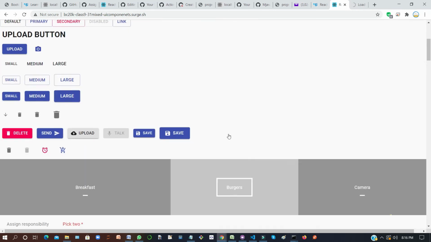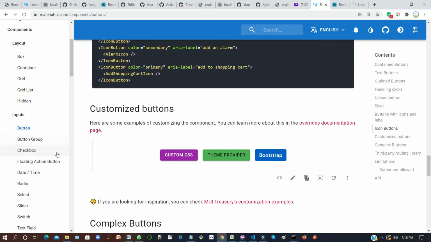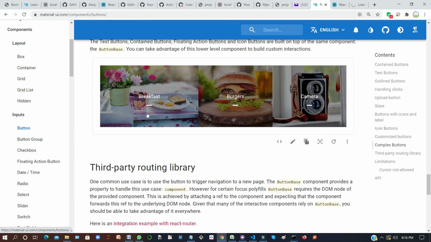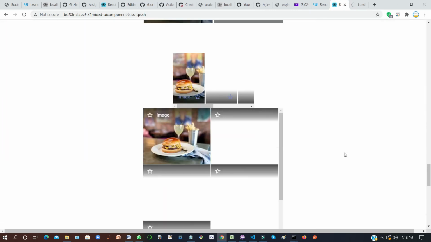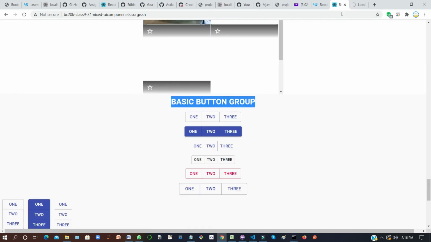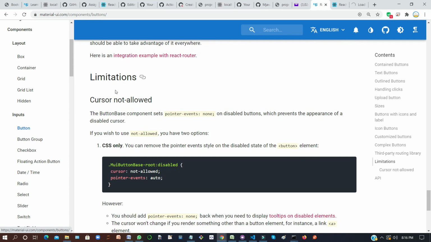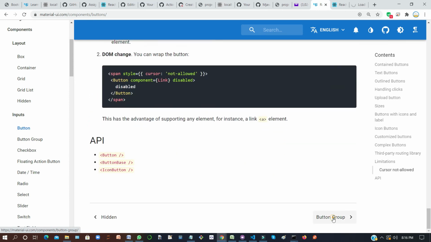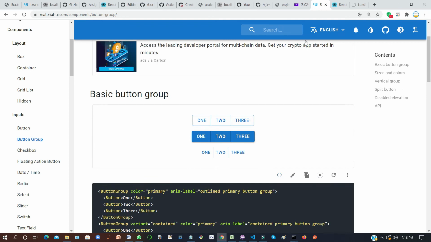So a number of collections you can track and practice. After button group you will see the check boxes. These all buttons I have added also here. This is coming. I have some mistake, images are not loaded, but I have moved forward. Later on I will resolve this problem. And inside the button group you see 1 2 3, I already added.